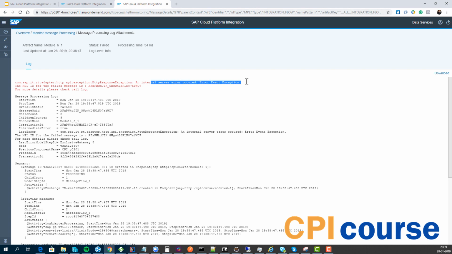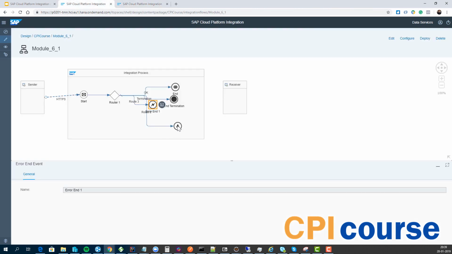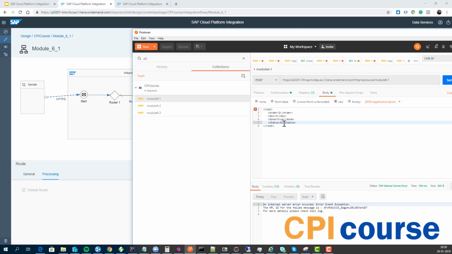It probably is not the right way because the error event is normally used inside a process, but if you need to trigger an alert from a flow, then this could be it. The last one is probably more relevant. This is our default route. So if we just put something else,